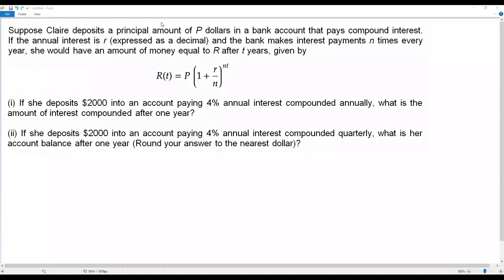Here we have a problem on compound interest. Okay, let's go to the information. Suppose a client deposits a principal amount of P dollars in a bank account that pays compound interest. If the annual interest rate is R expressed as a decimal and the bank makes interest payments n times every year,